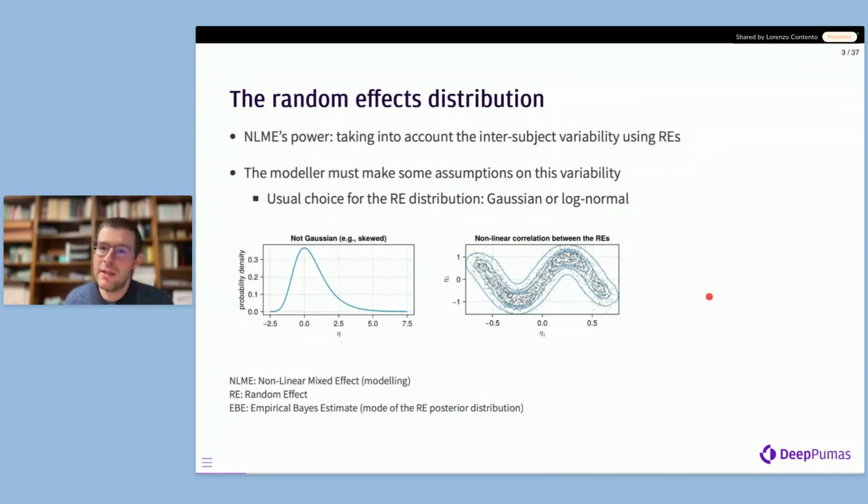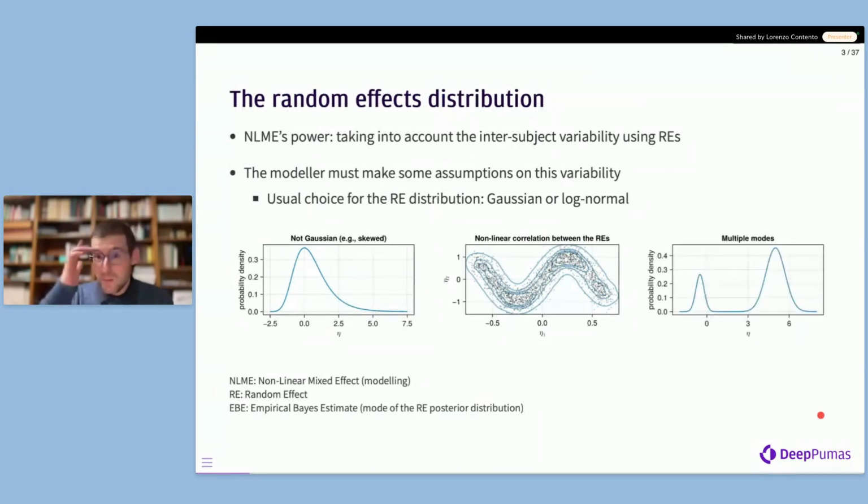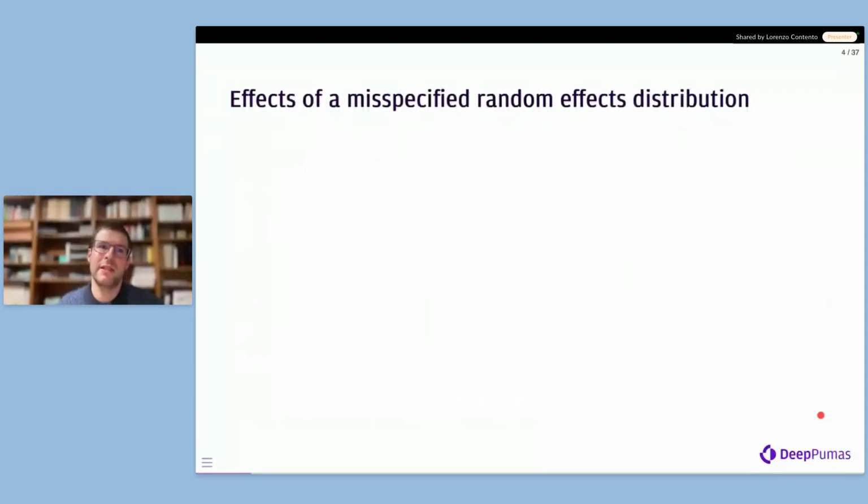And another common case where the standard distributions no longer work is if there are multiple modes. You can do something like Gaussian mixtures in this case, but that requires you to add an additional hyperparameter, the number of modes, that you need to tune and learn together with the rest of the model. So we would like to find a better approach than that. So our proposal is to,